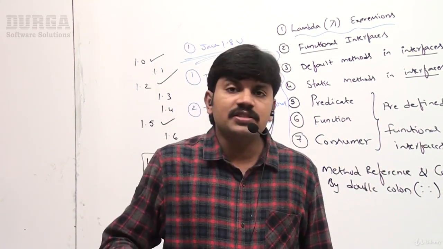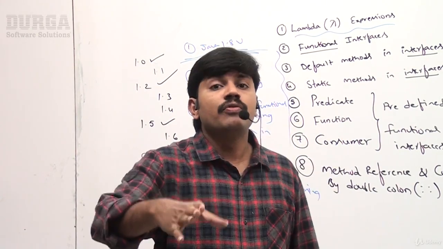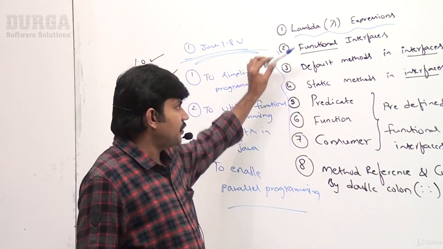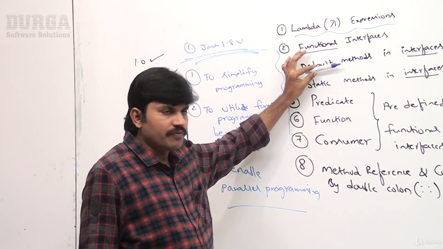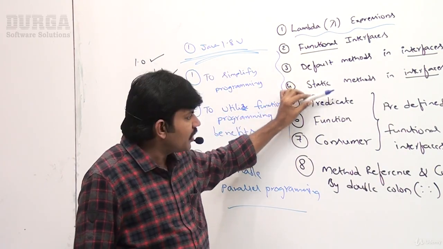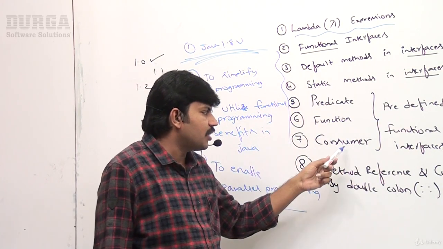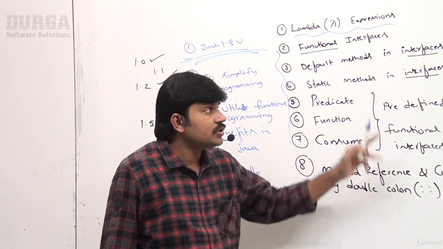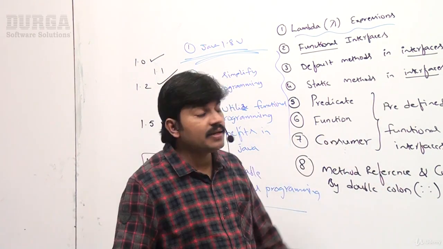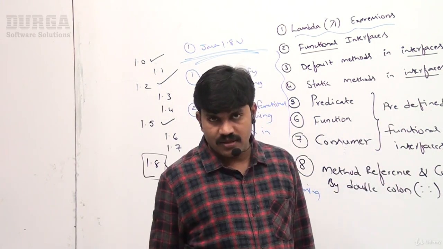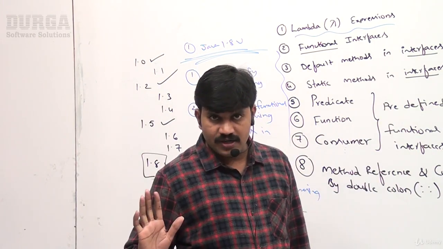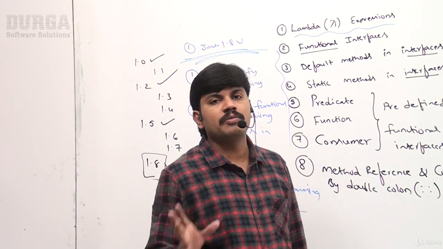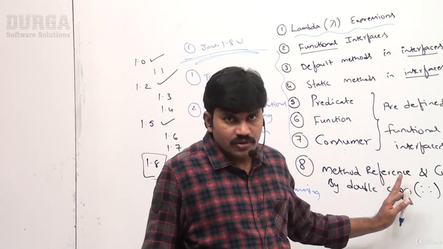Next, in Java 8, what are the various new features? The first is lambda expression. Next, functional interfaces, default methods, static methods inside interfaces, and multiple functional interfaces like Predicate, Function, Consumer. Next, the double colon operator, the Stream API, the Date and Time API. Several new concepts are there. Is it clear for all of you? If you continue with my next level videos, you will obviously become masters in these areas. That's all. Thank you.